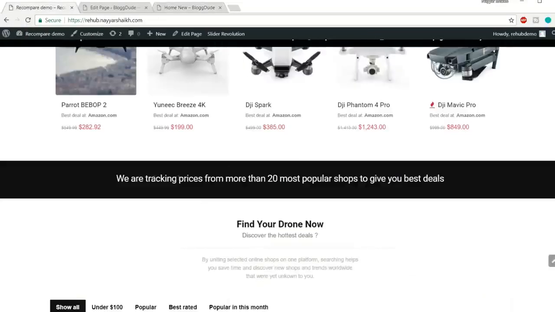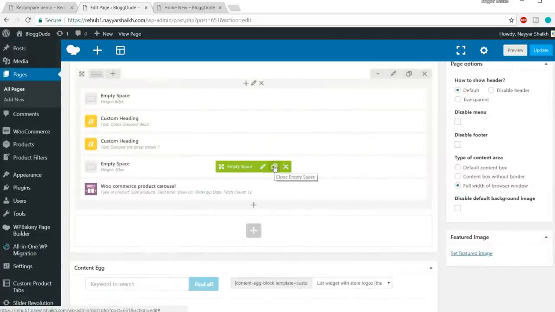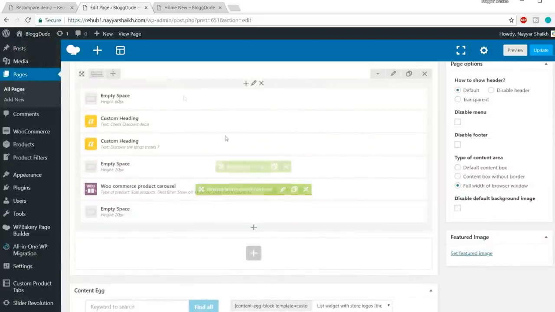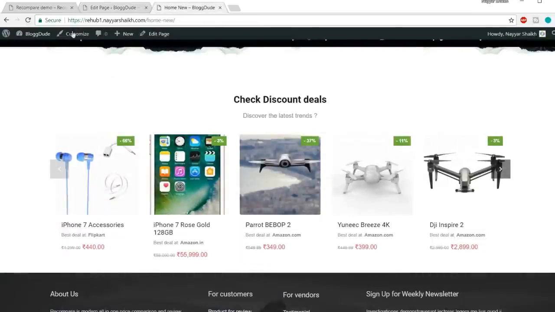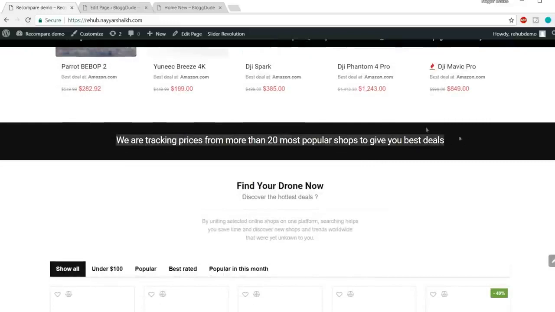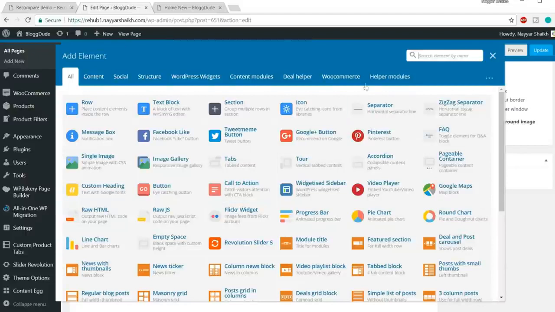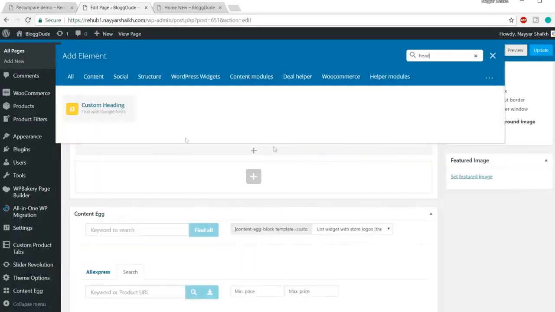Now let's create this simple section. But before that, we'll have to add some gap at the bottom. As you can see here, there is some gap. So let's copy this empty space of 20 pixels and drag it at the bottom. So this will add some space below this. And after that, we'll have to add this section. So copy this text from here, come over here, and again we'll use the plus section because this is a new section, a new row. So use this one, and we want simple custom heading,